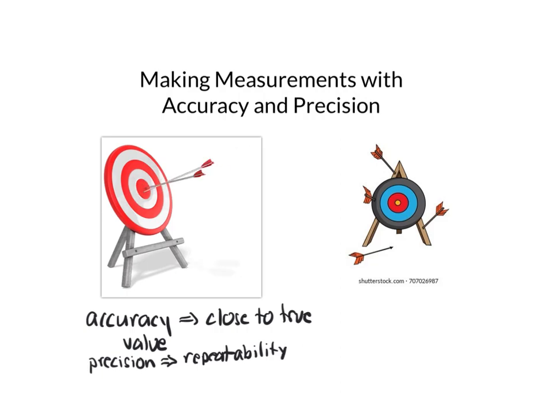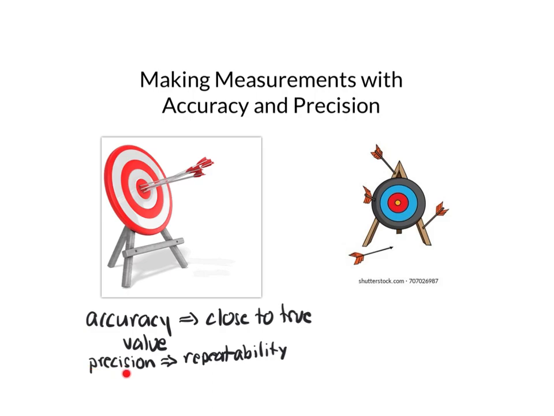How easily can I repeat the measurement and get exactly the same number? So again, the analogy is this bullseye, where the number I am shooting for is the middle of the bullseye. And every time I shoot for the middle of the bullseye, I get a slightly different value, not quite exactly in the middle.